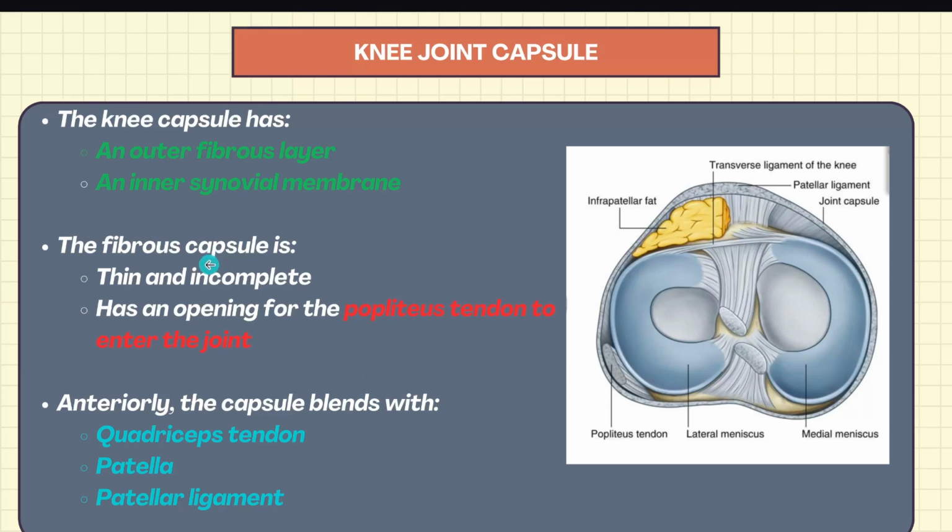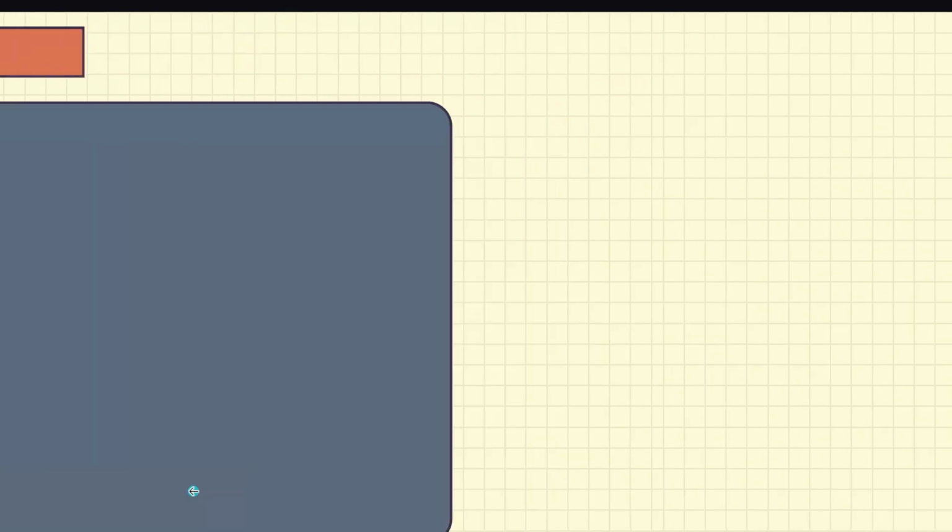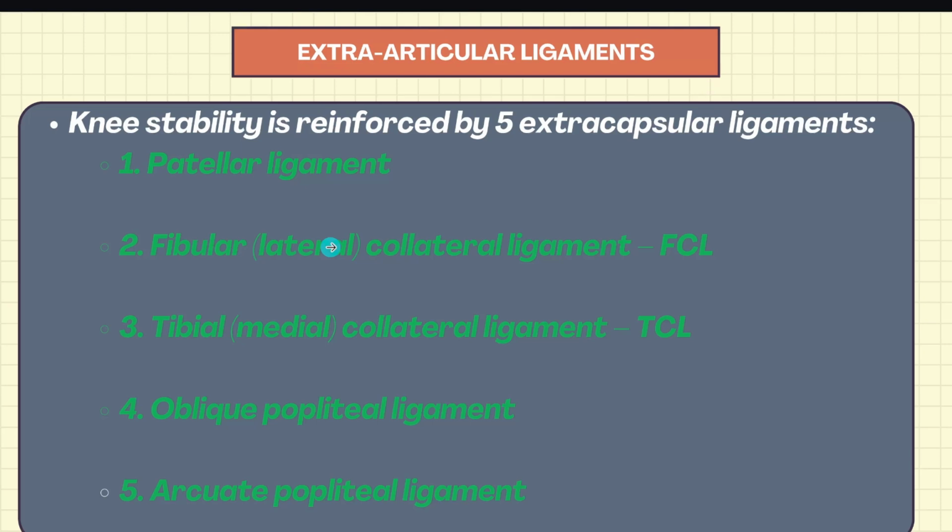Why is it incomplete? Because it has an opening allowing for the popliteus tendon to enter the joint. This is why we have the locking and unlocking, because of the popliteal muscle that allows it to unlock. Anteriorly, the capsule blends in with the quadricep tendon, and then you'll have the patella, and then the patella is going to make the patellar ligament. This is going to make more sense in the slide after next, once we start talking